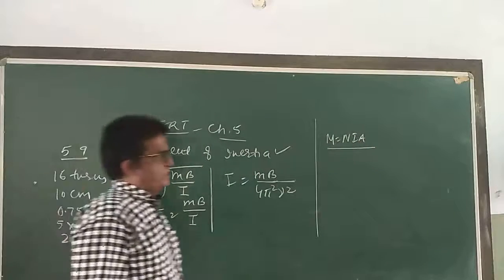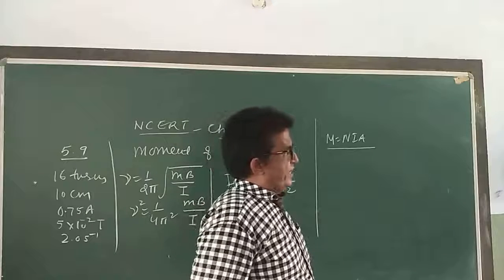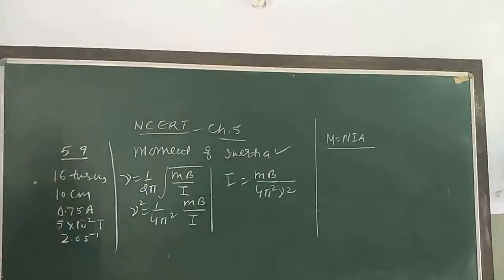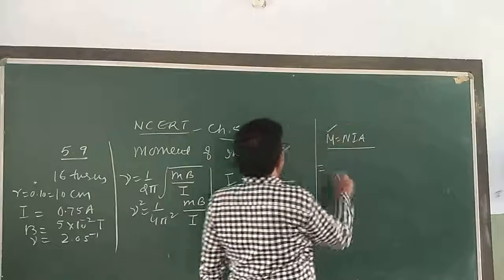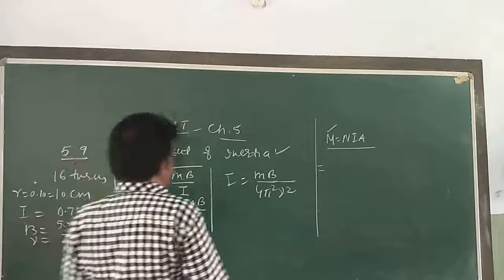N is the number of turns, I is the current, A is the area of cross section. N is given, the radius is given as 0.10 meter, current is given, magnetic field is given and frequency is given. All the things are given. Just first find m. Number of turns 16,